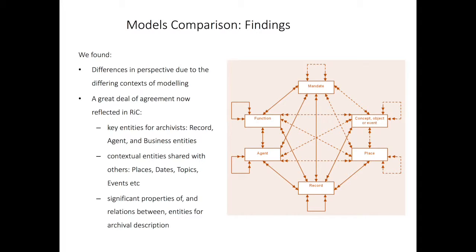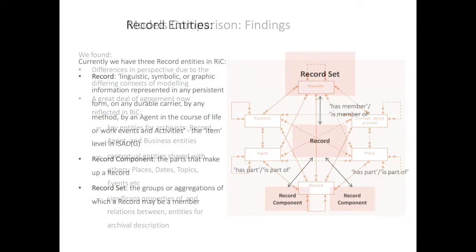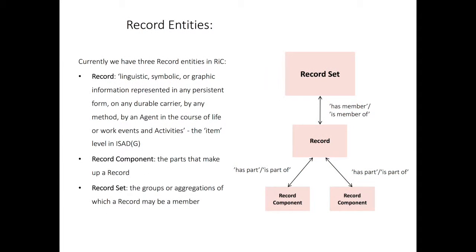So I'm going to go through now a sketch of the model, looking at the entities in particular, and you'll notice my rather homespun diagrams. You'll also see that the boxes represent the entities, and the phrase in between represents the relations. It'll be useful to think about those and remember some of those as we talk about relations a bit later on. So we start then with the what, if you like, the record itself.